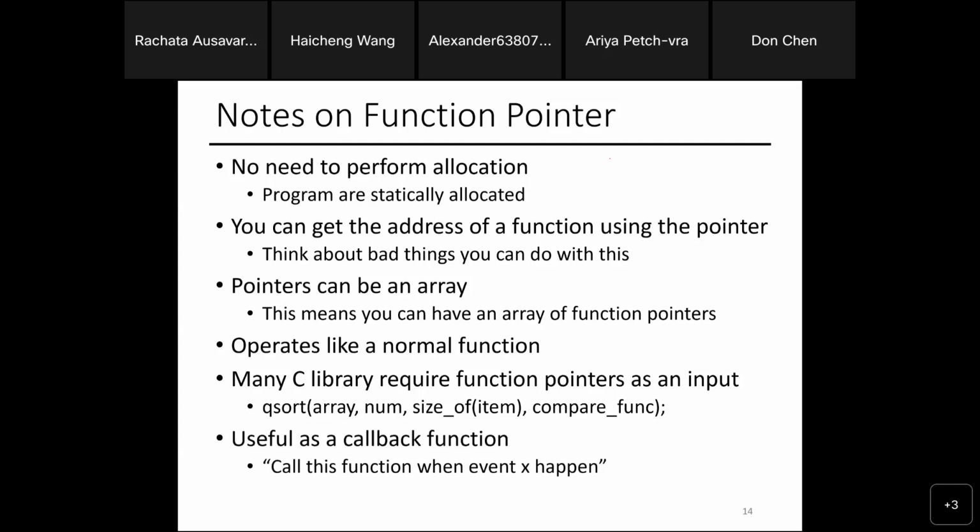Let's say you have function A and function B, right? If this thing happens, run function A. You set the function pointer to point to function A. Otherwise, you set the function pointer to point to function B, and at the end, after all this if else, you run the function. So the function pointer that you execute depends on whether it goes to the if or the else, and you would basically execute function A or function B.